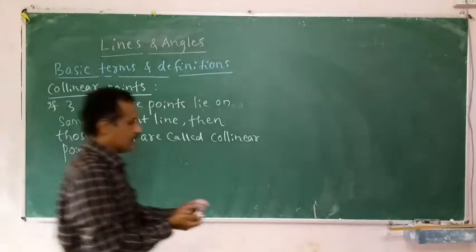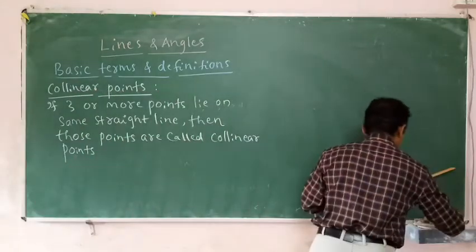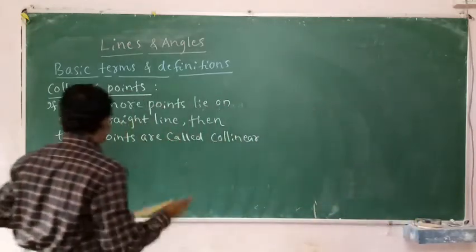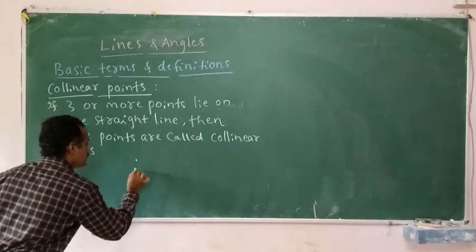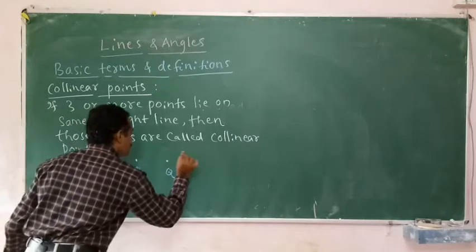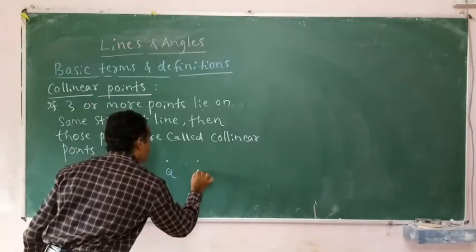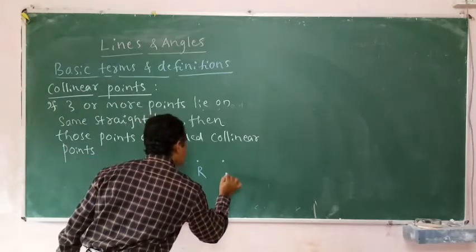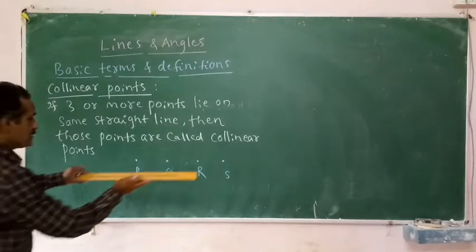I will show you the collinear points. I will mark a point P here, one point Q here, one point R here, and one point S here. If all these 4 points